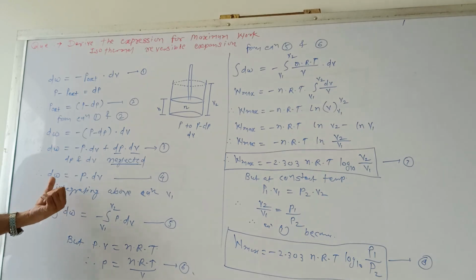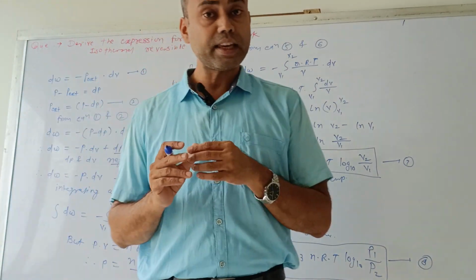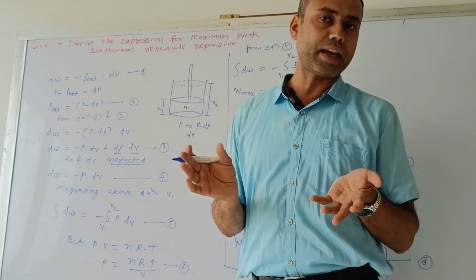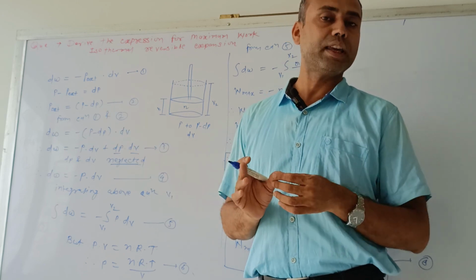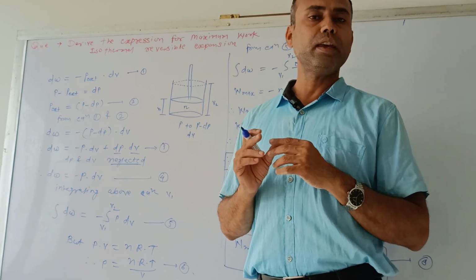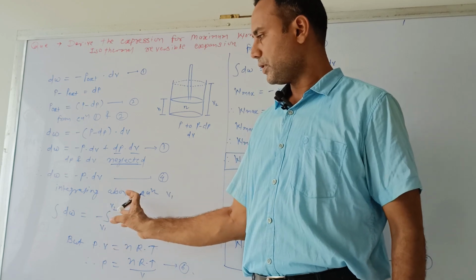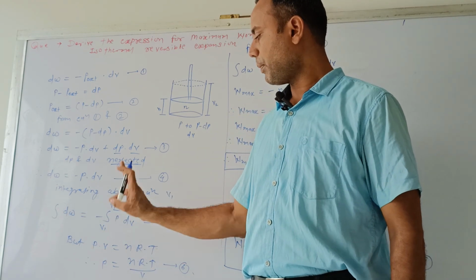उसके बाद क्या बचता है, dW is equal to minus P into dV. हमको इसको डिराइव करना है. कैसे? मैक्सिमम वर्क के लिए डिराइव करना है. मैक्सिमम वर्क के लिए डिराइव अगर करना है तो उसका इंटीग्रेशन करना पड़ेगा. इंटीग्रेशन करना है तो लोअर लिमिट V1 रहेंगी वॉल्यूम की और अपर लिमिट क्या रहेंगी V2. सो इंटीग्रेशन ऑफ dW, माइनस साइन का इंटीग्रेशन नहीं हो सकता इसलिए आउटसाइड, इंटीग्रेशन लोअर लिमिट V1 अपर लिमिट V2,